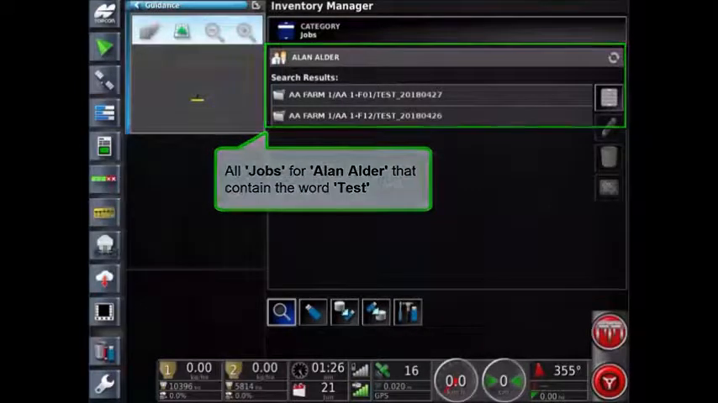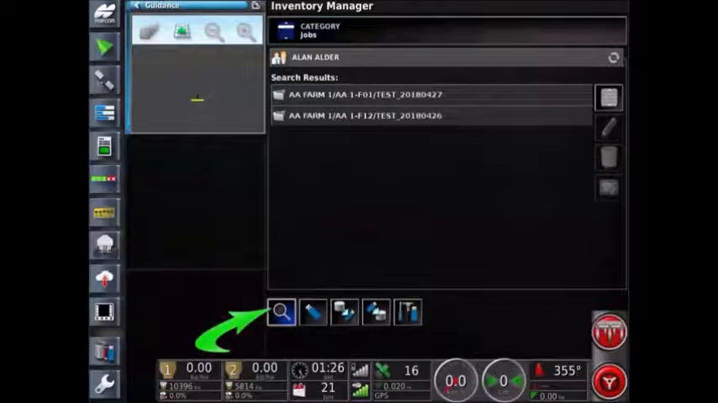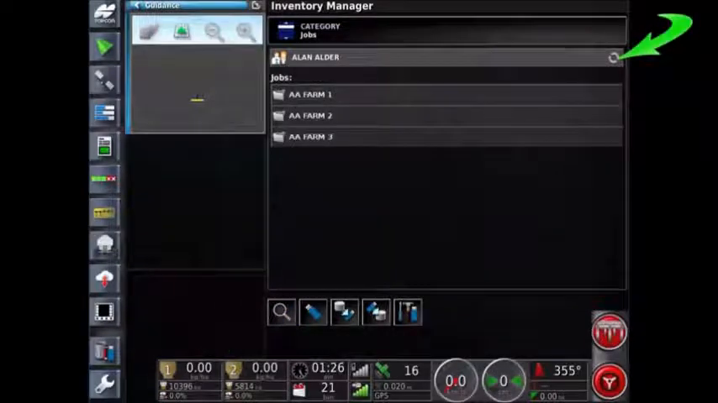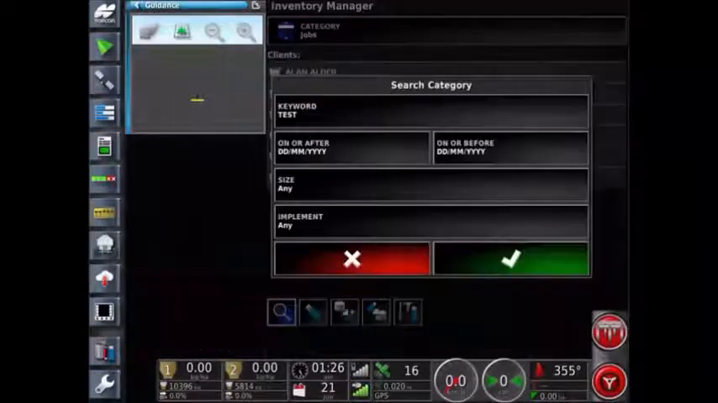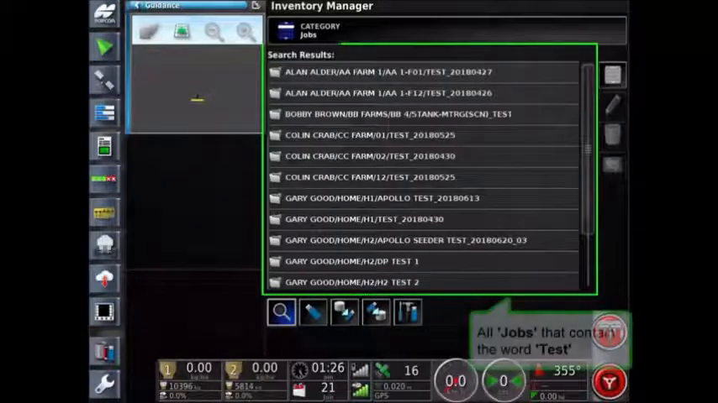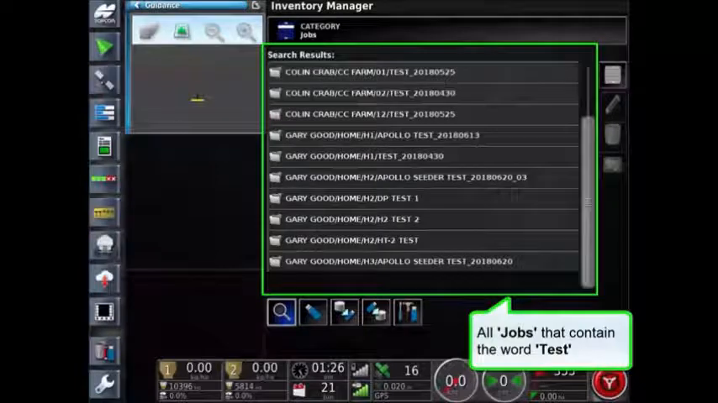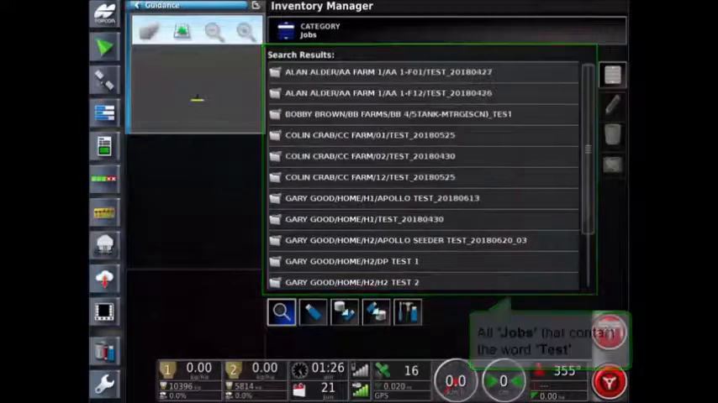Touch the search tool icon again to stop the search function. Touch the Client Refresh button to display all clients. Touch the search tool icon again. Touch the green tick and the same search will be applied to all clients. You can see from the results we now have a list of jobs from all clients that contain the word